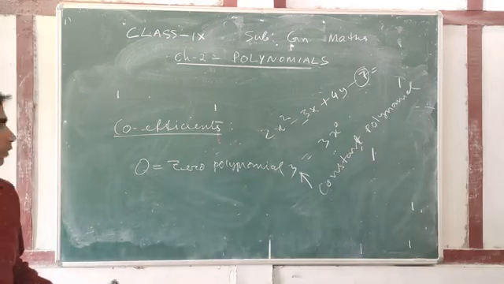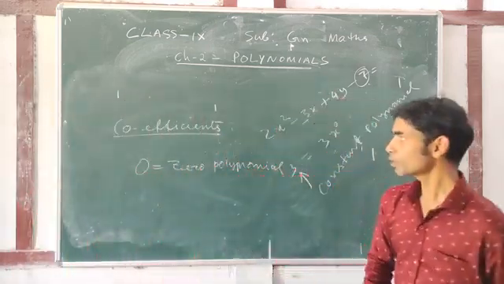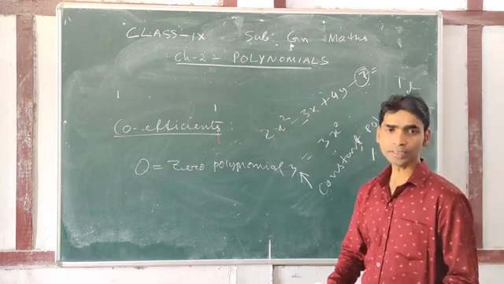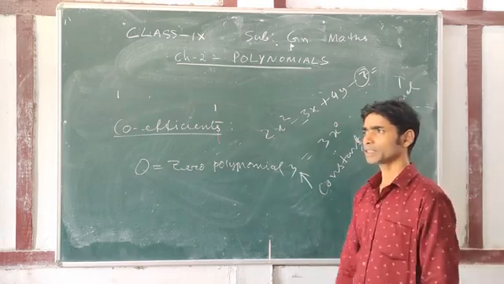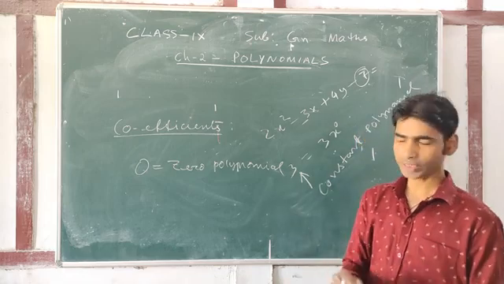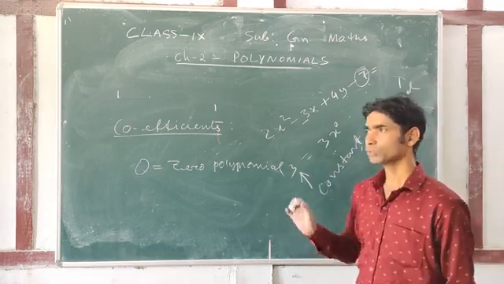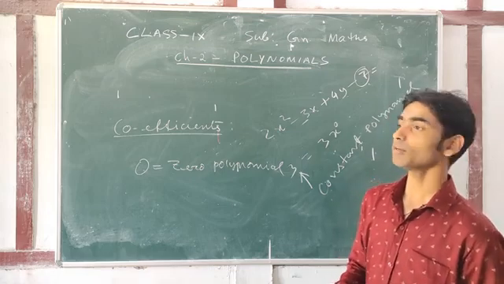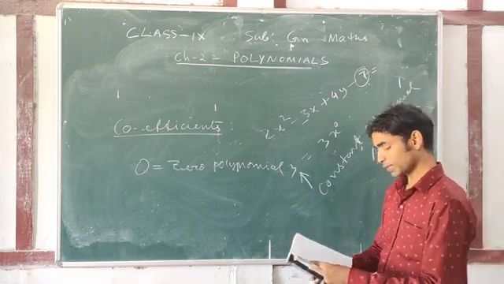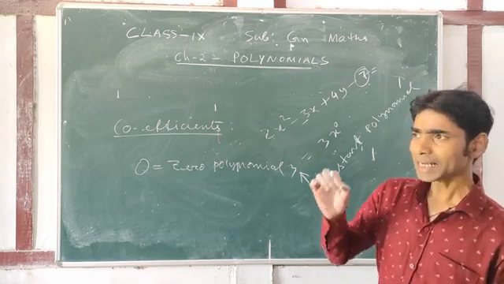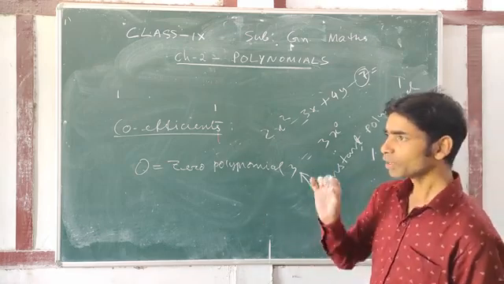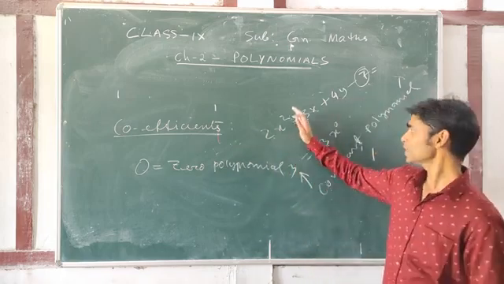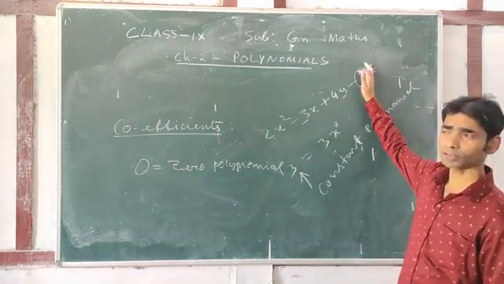So till now we have discussed the terms constant and variable. Constants are any mathematical symbols which have a fixed value, and any mathematical symbol which can take different values in different situations is called a variable. The second part was the definition of polynomials. Any algebraic expression in which all the exponents of the variable are whole numbers is called a polynomial. Each part of the polynomial is called its term.